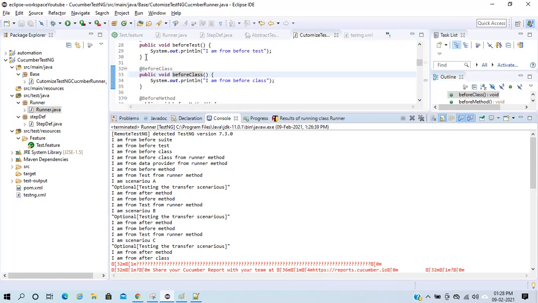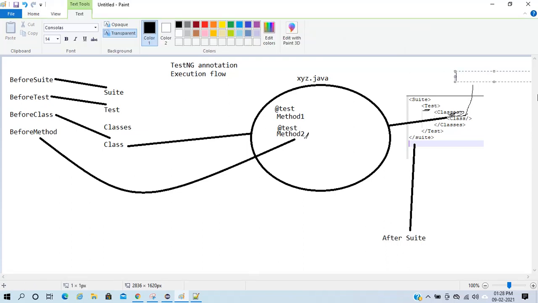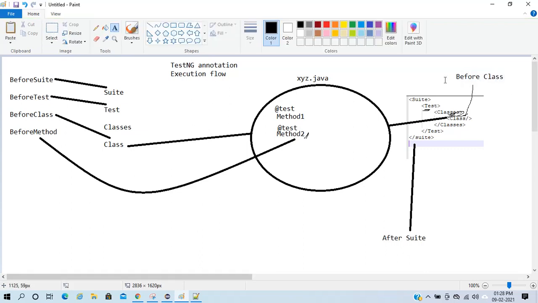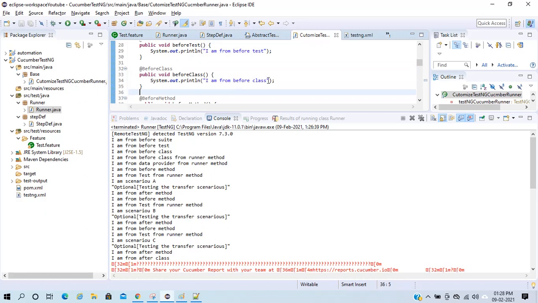Then when before class is executed, we are here. Before executing anything, my before class is executed here, and after executing, the call goes to my class, xyz.java.